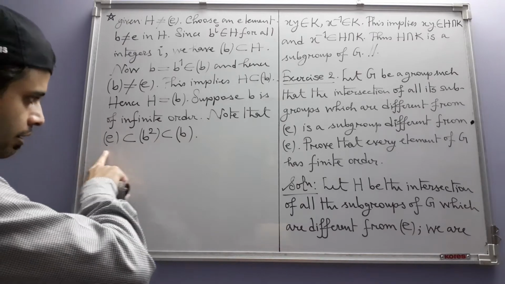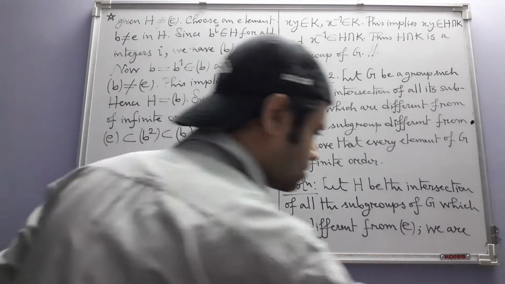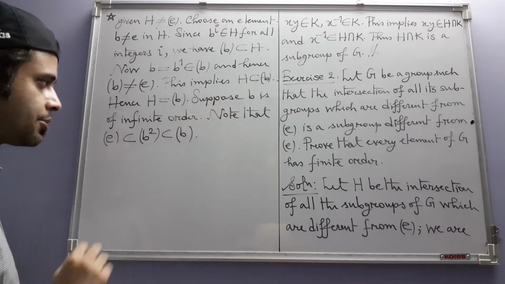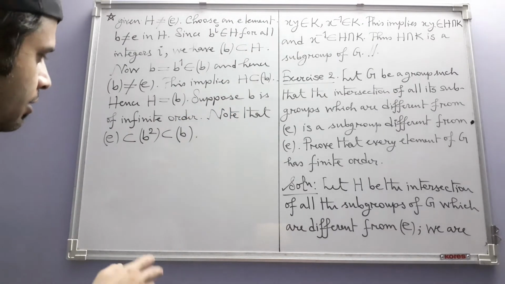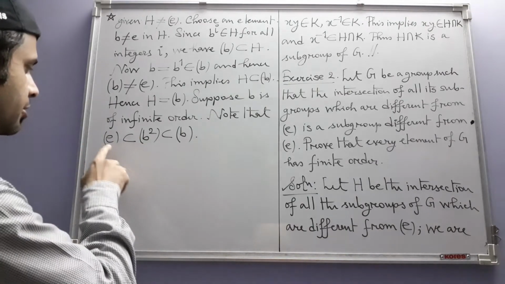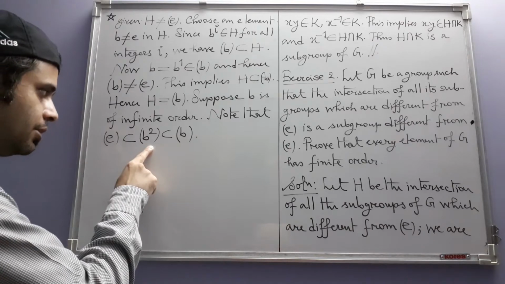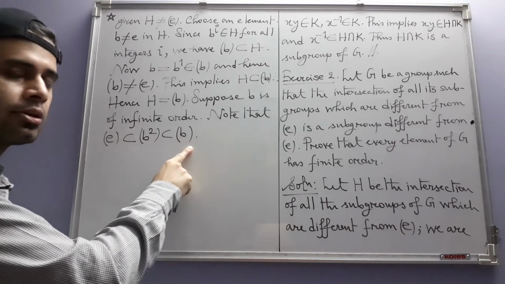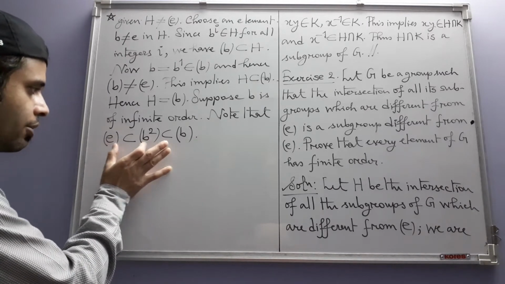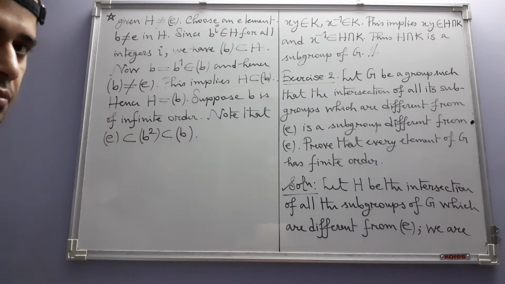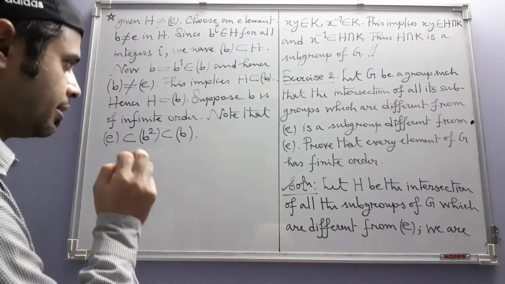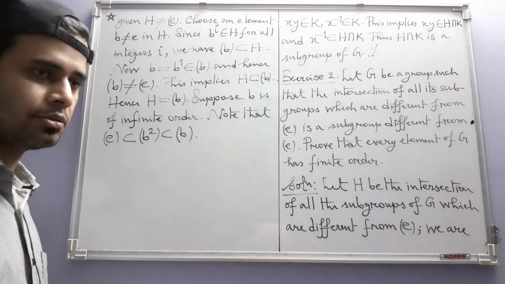And in concluding these relations, we have not used this supposition, but now because of our supposition we will get something extra, namely that these containments are proper inclusions. This is properly contained in B square, and B square is properly contained in B. In other words, we are now going to show that we cannot have equalities here. That, however, we have to prove, and that proof also is by contradiction.